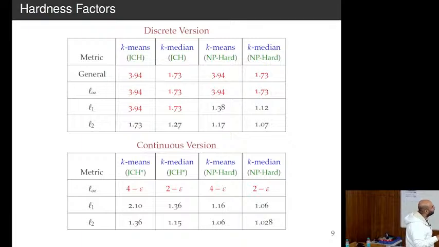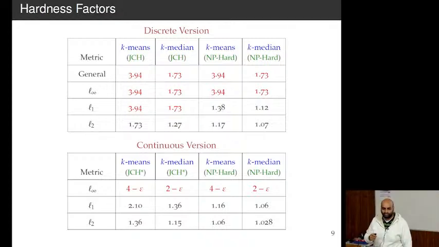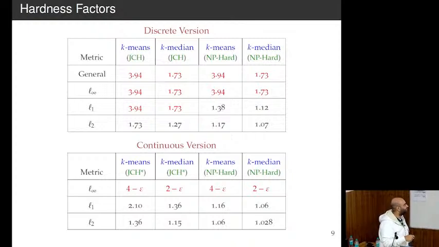The thing which I like here is this. I believe this is tight for L1, but it's under JCH. So proving JCH is a complexity theoretic task, so that I take up. Euclidean, I really have no idea what the right answers are supposed to be, so we should work together.